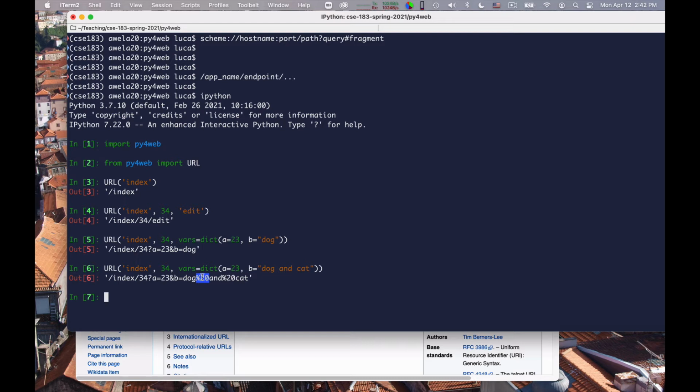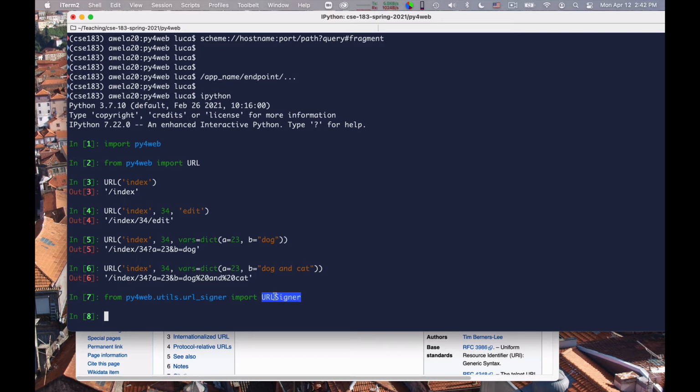Another important thing that the URL generator does is it allows you to sign the URLs. To see this in action, we have to import the URL signer. So from py4web.utils.url_signer import URLSigner. Okay, and then you have to build a URL signer.